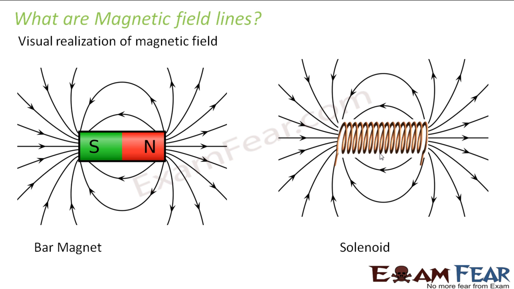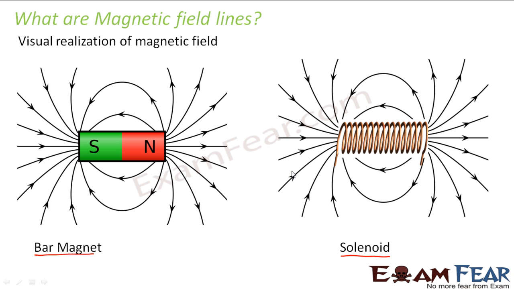Now, if we compare the magnetic field lines of a bar magnet with that of a solenoid, you remember in the previous lesson we talked about solenoids and toroids. While discussing the solenoid, we talked about the magnetic field inside it. We found that outside the solenoid the magnetic field is 0, but inside the solenoid the magnetic field was mu naught n i, right? Now if we look at the pattern of the magnetic field lines for a bar magnet and a solenoid, we find that the pattern is similar. If you look at the two diagrams, you can see that the pattern is similar.